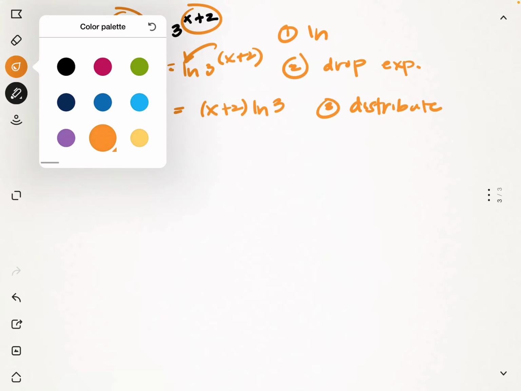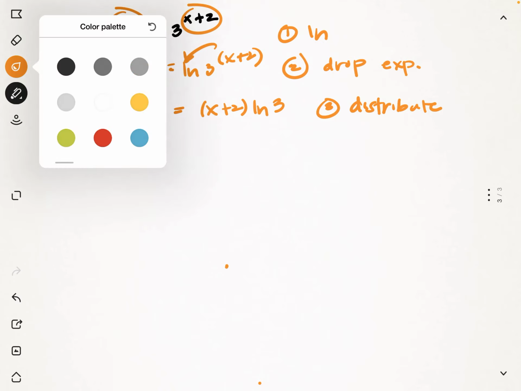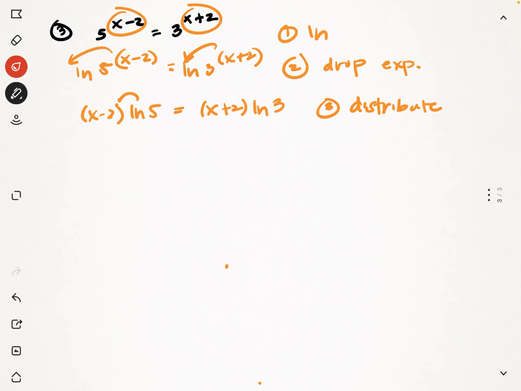I'm going to change colors here again. Let's use a color we don't usually use. Let's use red. I guess we're going to distribute. Oh, hey, that's not red. And distribute here. Distribute there. So we have x ln 5 minus 2 ln 5, and then we have x ln 3, and then we have 2 ln 3,